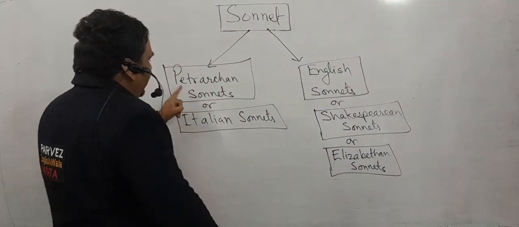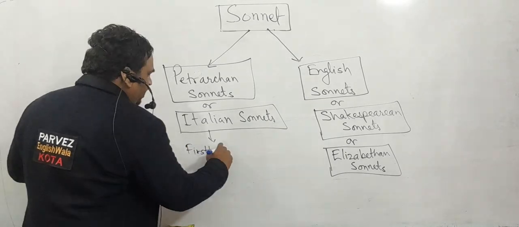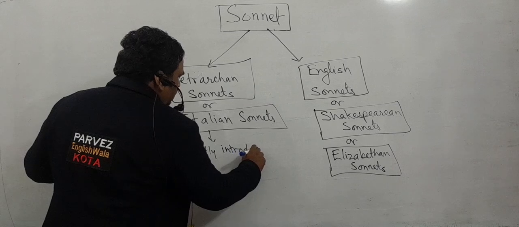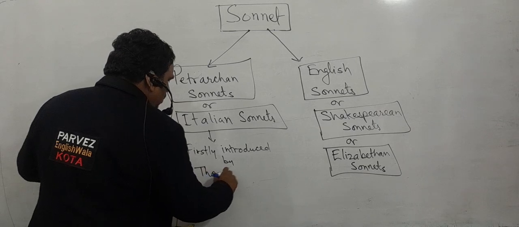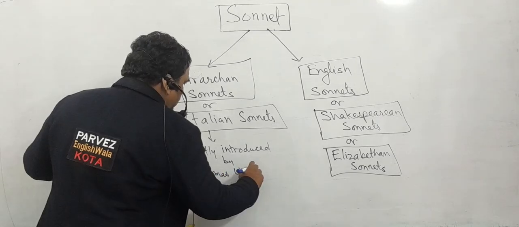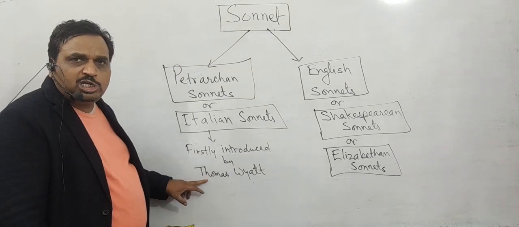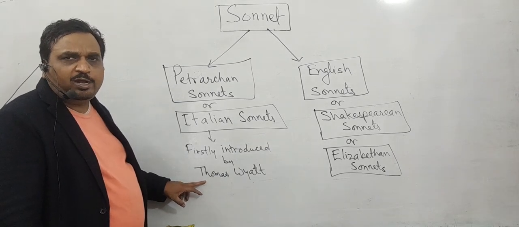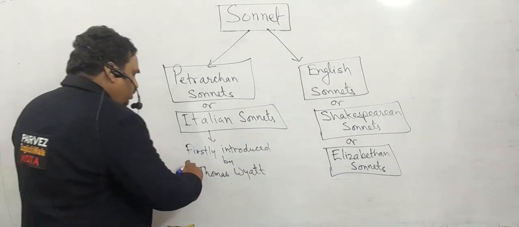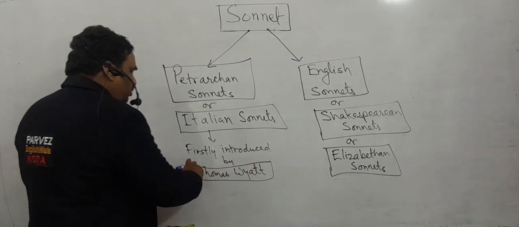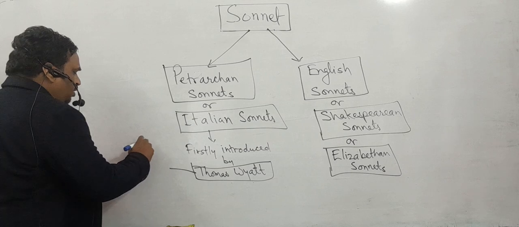So the Italian sonnet was firstly introduced, you may write down here, firstly introduced by Thomas Wyatt. Look at the spelling. We can't pronounce it like Thomas Watt; the correct pronunciation of the word is Wyatt, W-Y-A-T-T. So Thomas Wyatt was the first person who introduced the Petrarchan sonnet, firstly in the 16th century,